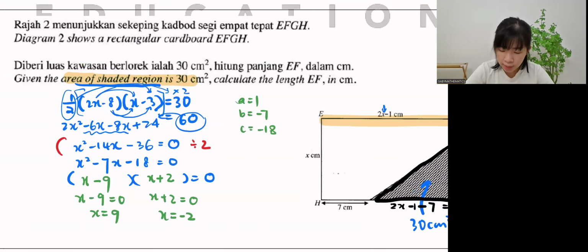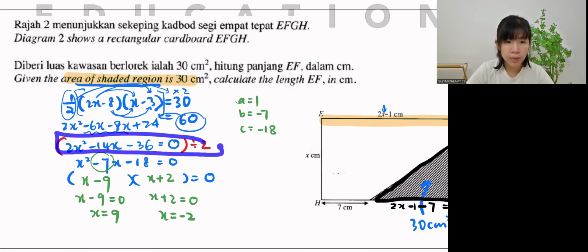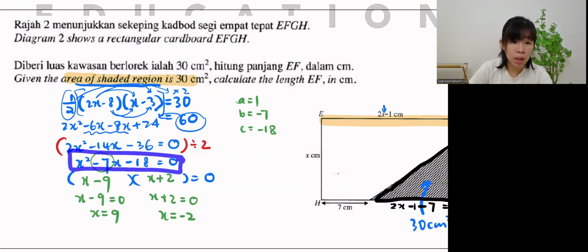Every time you check first, even though it is in general form, if you key it in calculator straight away, you will get the answer. But we will do an extra step, which is make it smaller. If can simplify, we simplify. Then only you key in calculator. Can? Okay, so now you got two answers.